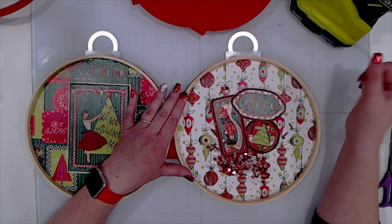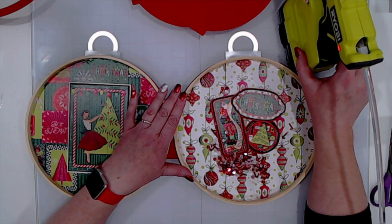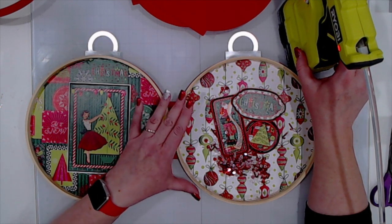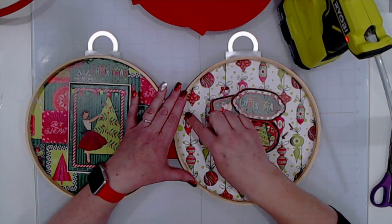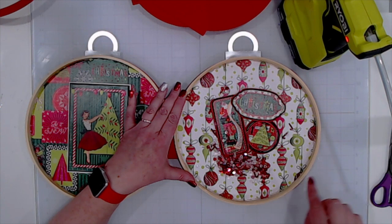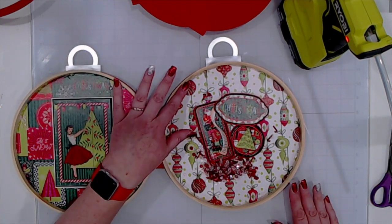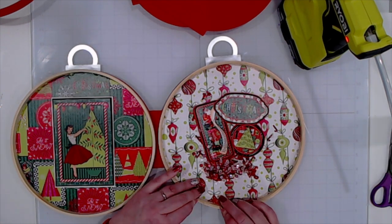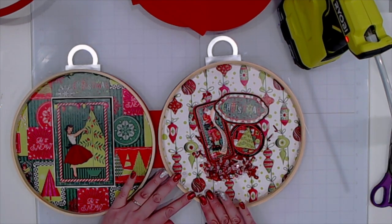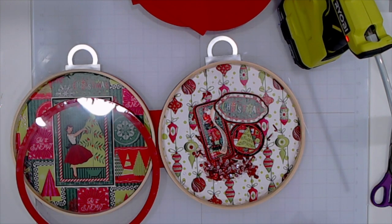So all I did, and this is where I know I said when I was doing the little Christmas train about clear glue sticks, okay? So what I've done is I've gone around the inside edge of my frame on both sides with the glue gun, and I've just sealed that off to make sure that nothing is going to pop out of my shaker, okay? So next thing we're going to do is